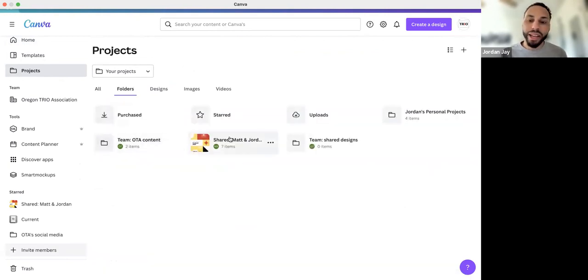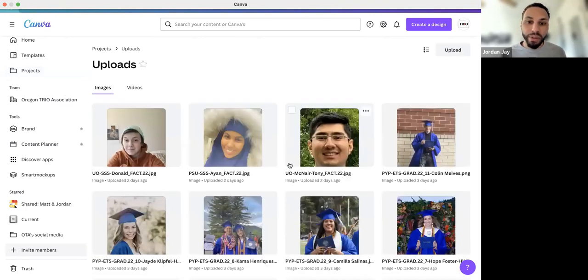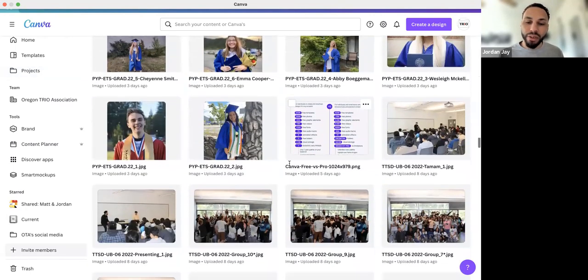This is where you can organize everything into projects that are just for yourself and ones that you share, as well as the place where you'll access your starred templates, which is a really useful tool. Just going through the templates, if you see anything you like, you can star it, and it will end up here. This is also where your uploads are, and you can organize these.